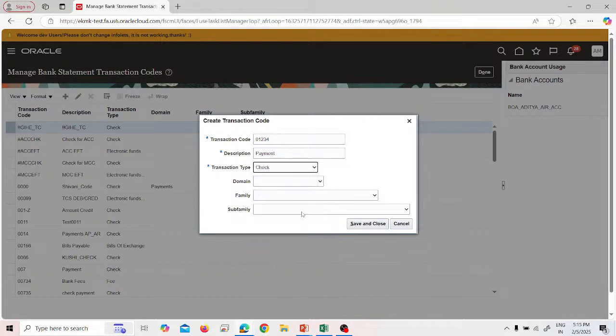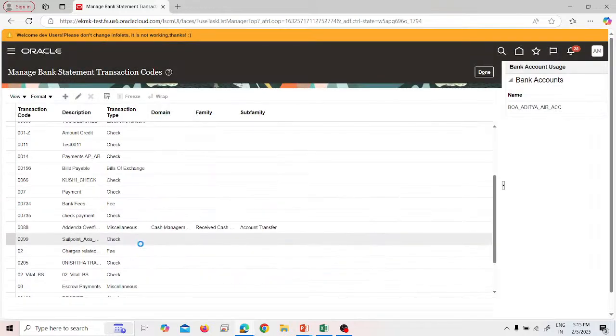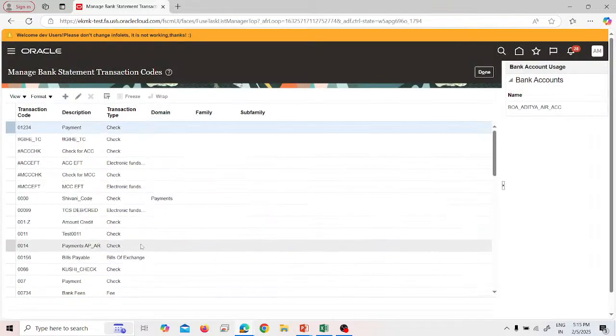We can give the transaction type, and we click save and close. Now here you can see your transaction code has been created. So when we go and create this transaction,